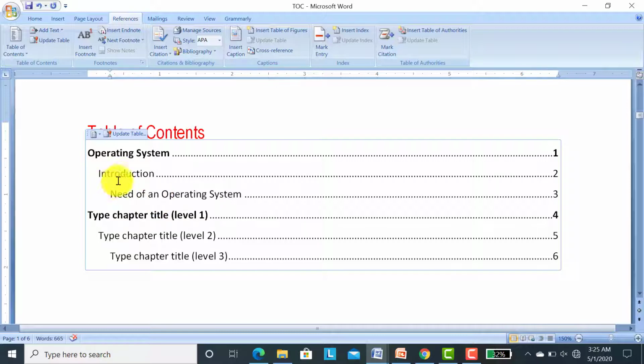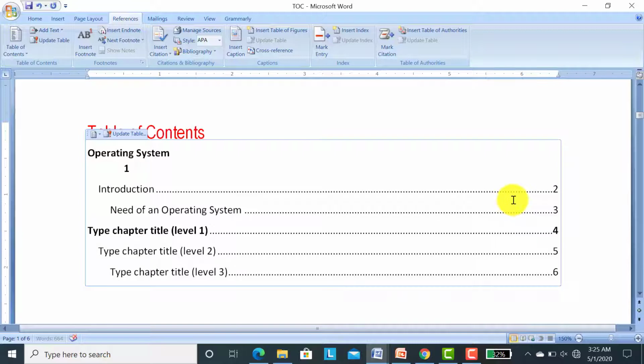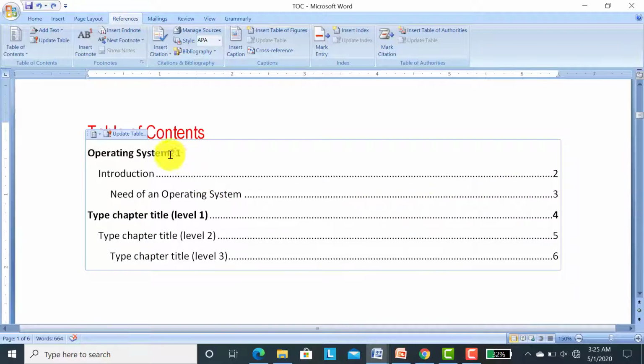You can take as many headings as you want: Heading 1, Heading 2, Heading 3, Heading 4. It means however many subheadings your chapter has. Now you have to change this page number by yourself also. You have to change this page number manually because you have taken this manually.